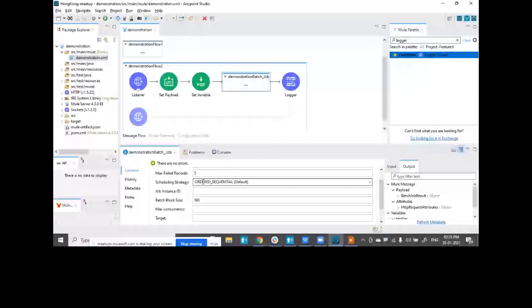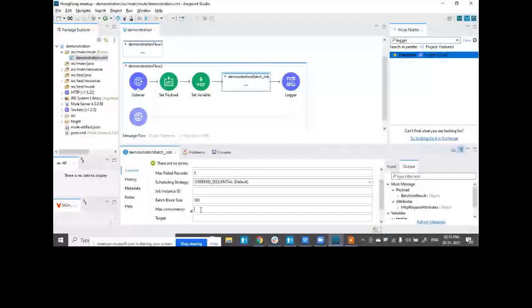If there are two or more instances for the same batch job, what will be the order in which the thread will be allocated? So we say it is in sequential order. So if there are 16 threads, they will be allocated in the sequence in which the data is available. Even over here, we can create max concurrency, whatever is the maximum number of threads that you want to allocate to be running in parallel for your application.